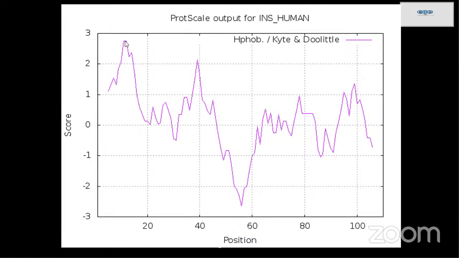You can see the tallest peak is at around the 10th position, so the 10th amino acid is the region where hydrophobicity is highest. After that you have one around 40, and after that around 80. So peaks and troughs are read like that, and on the basis of peaks and troughs you have